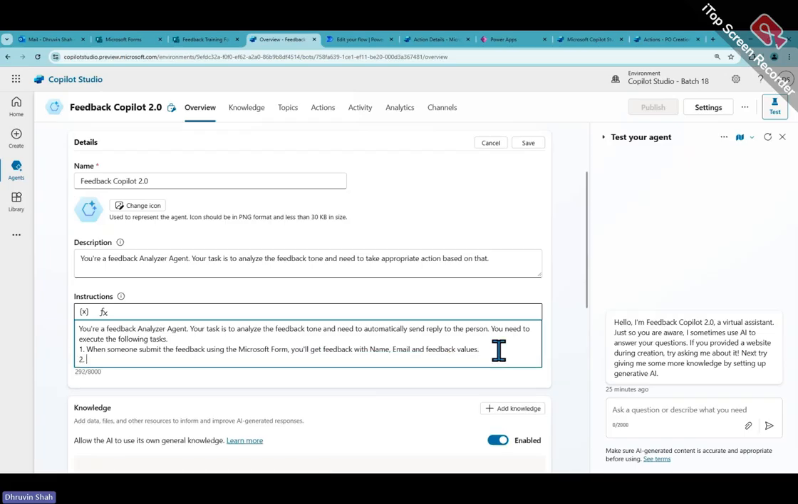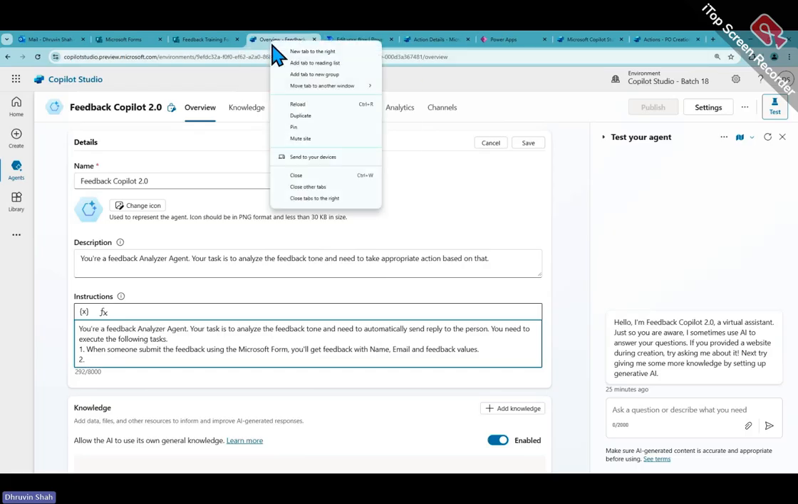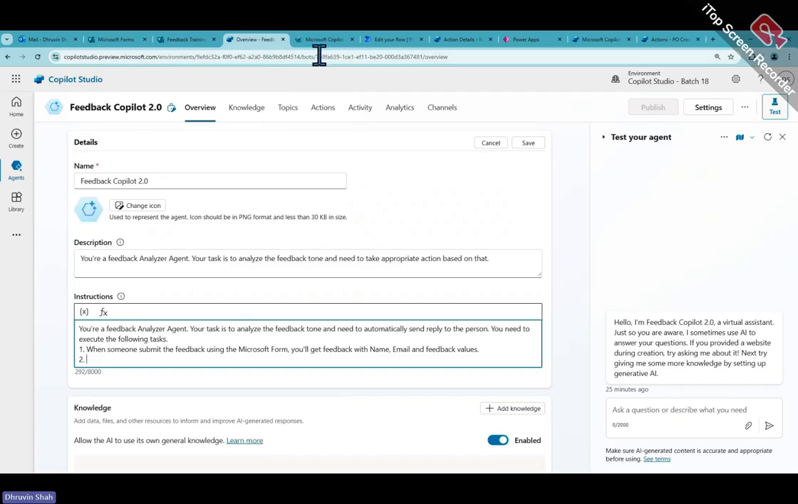The second one I want to have here is: send the feedback to this action. You need to mention that action name. So again, duplicate this to find out the action name. We already built that AI action, right? Using which we need to send this out. So let's provide this: send feedback to